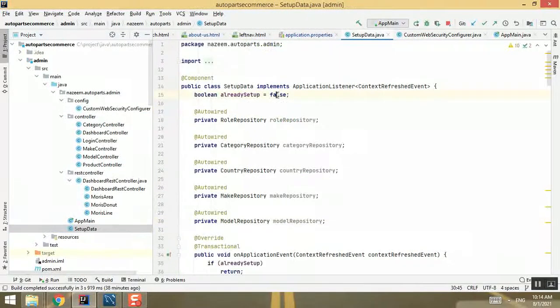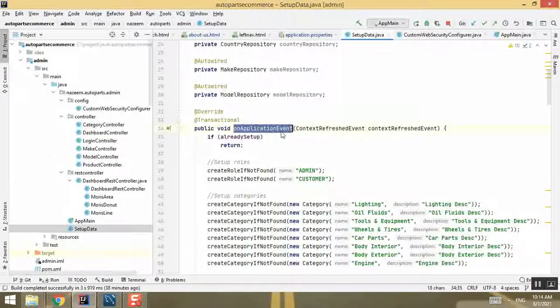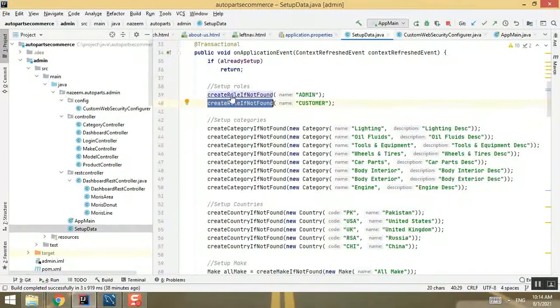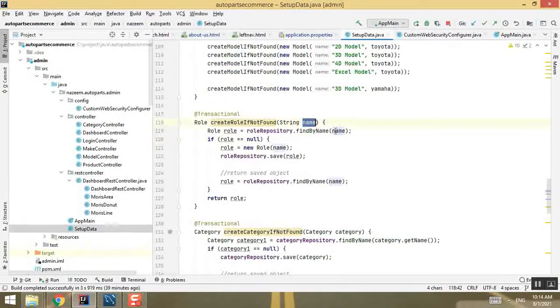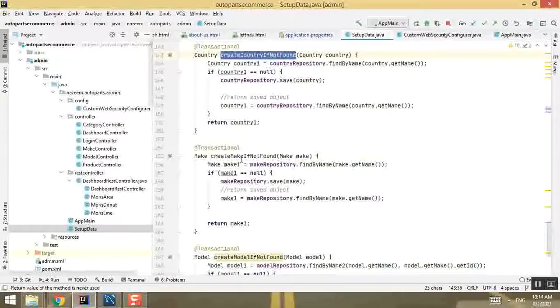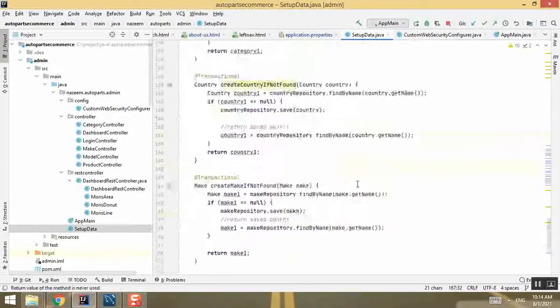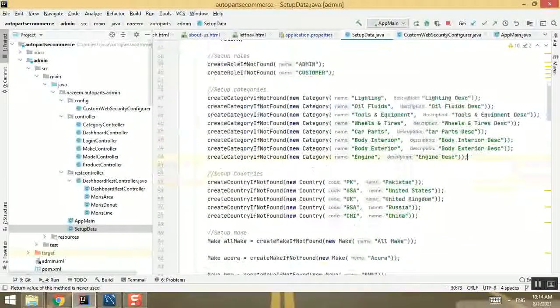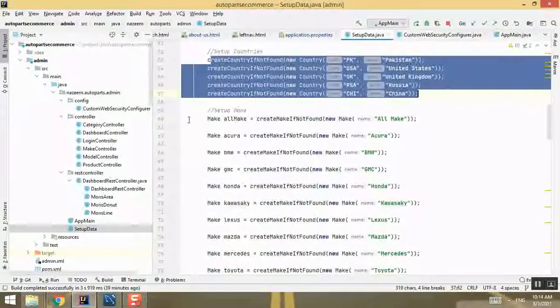I was discussing the setup data. So setup data runs on the application event. If it has already been set up, then return; otherwise it has to create the role. If the role does not exist, then create the role. In this method we pass the name of the role and find it by name. If the role is equal to null, then create it, save it, and return the role. Similarly we have created the category, the country, the make, and the model. So we have set up some categories, some countries, some makes,